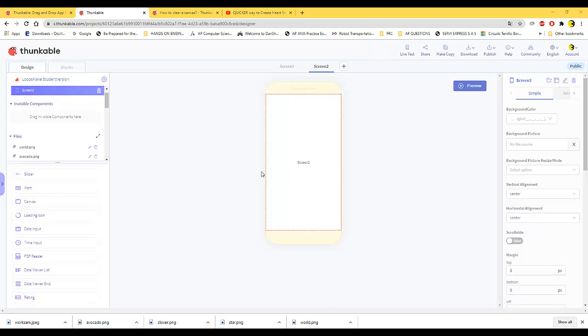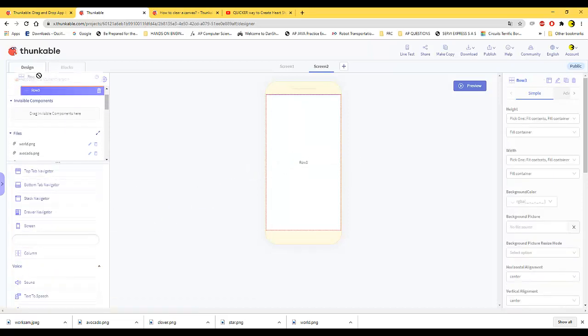here on Thunkable. Okay, so for that, I'm going to start by creating a row. I'm going to just put a row on the screen. Okay, and then I'm going to put another row just right there on screen too. That way I have two rows. Now on the top row, I'm going to put the canvas, and the bottom row is going to be for